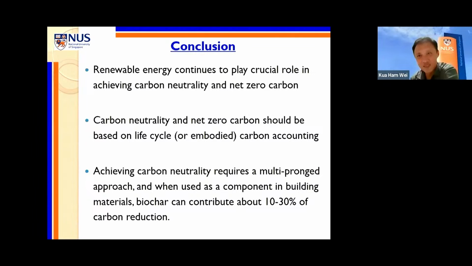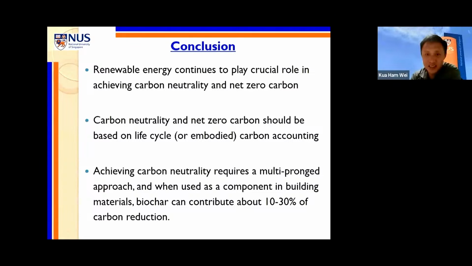So in conclusion, there are 3 points that I would like to emphasize. The first is that renewable energy continues to play a crucial role in achieving carbon neutrality and net zero carbon. However, whether something, for example, biochar concrete, is carbon neutral or even, hopefully, net zero carbon, or not, should be based on our assessment of